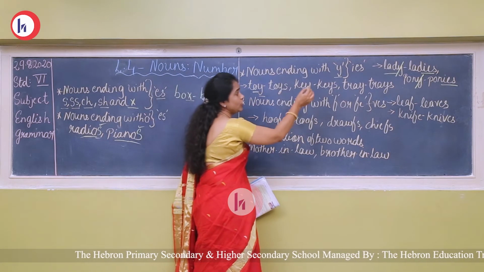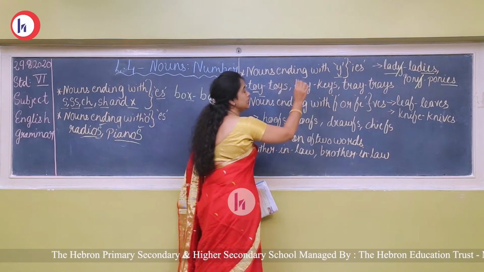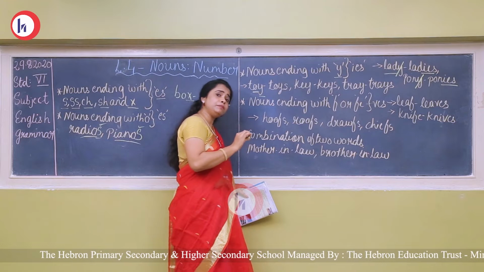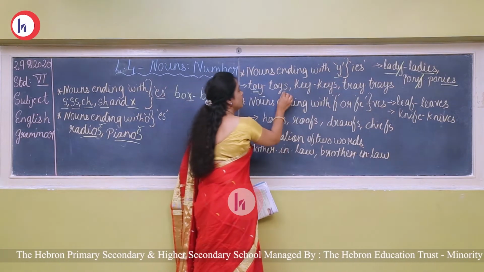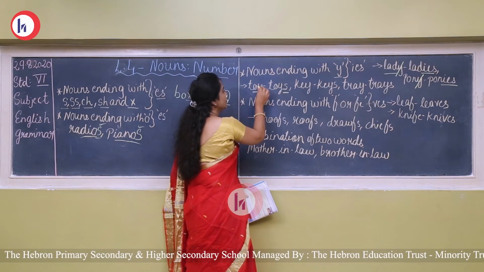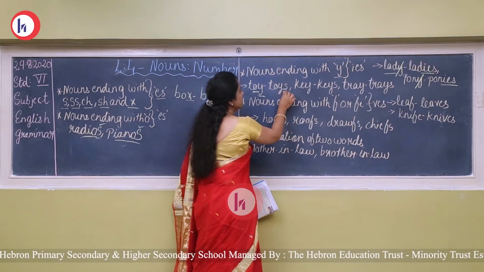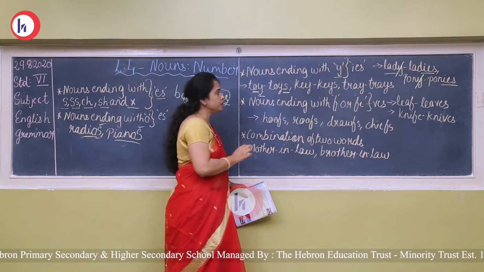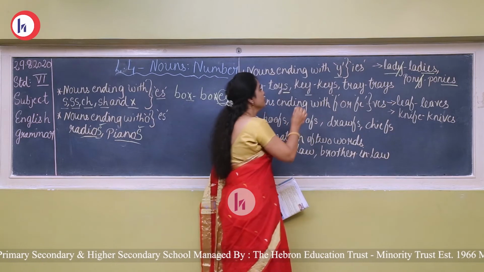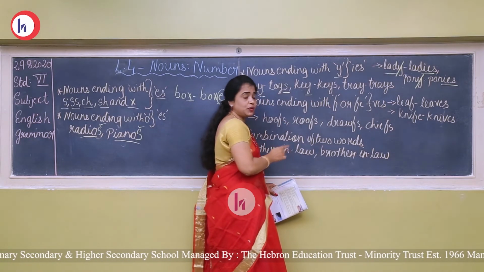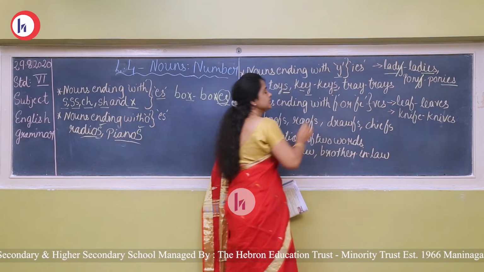So then you are not applying the same rule over here. Remember, if the noun ending with Y has a vowel preceding it, then you are not omitting Y and putting IES. Instead, you are just putting an S, T-O-Y, toys. The Y is the ending letter, but it has a vowel, so just put an S, and your plural is formed. Similarly, key. Though this noun is ending with Y, it has a vowel preceding it, that is E. So you will just put an S, keys.